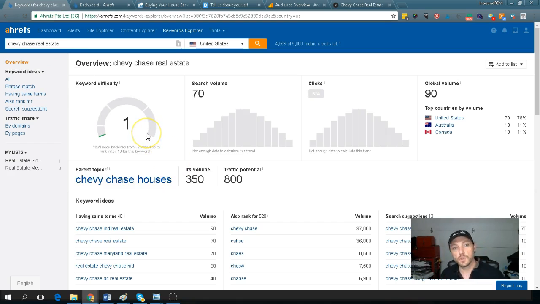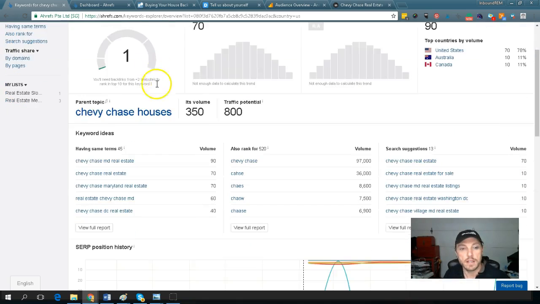But this tool, which I'm using throughout all of my tutorials, Ahrefs, is sending us a very clear signal. It's saying you'll need backlinks from 2 websites to rank in the top 10 for this keyword. All right. A lot of people don't understand what a backlink is, but I'm going to refer to backlinks as signals because actually Google requires a few different signals be sent to a page. Or requires is not a great term, but they give extra credibility to a page that has signals sent to it, and there are a few different types of signals that you can send. Hope that makes sense.